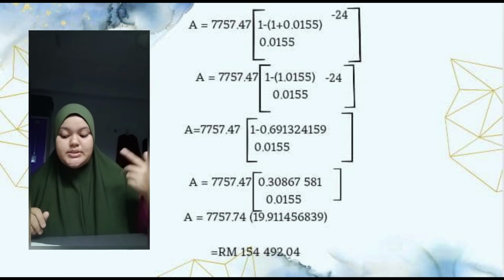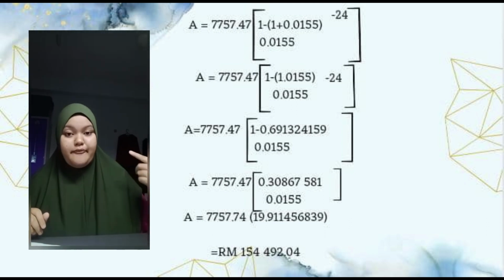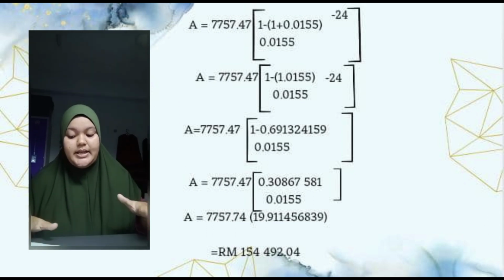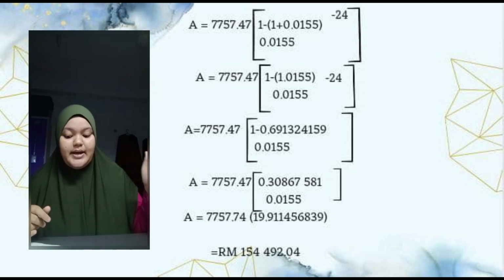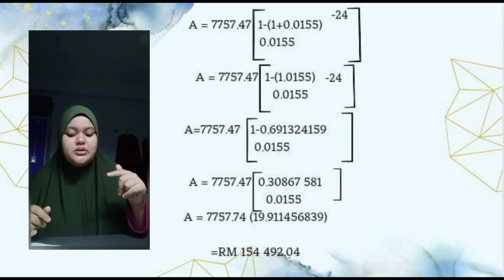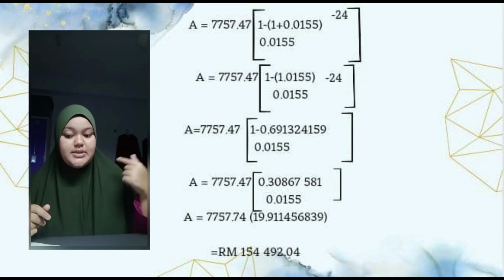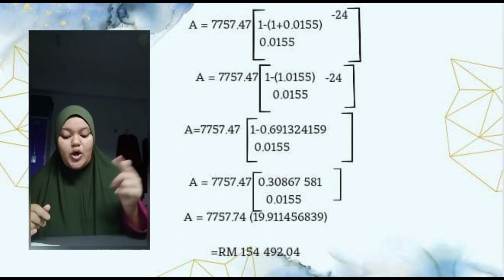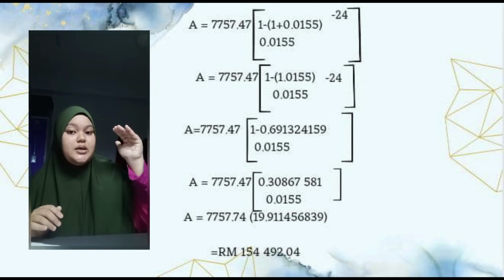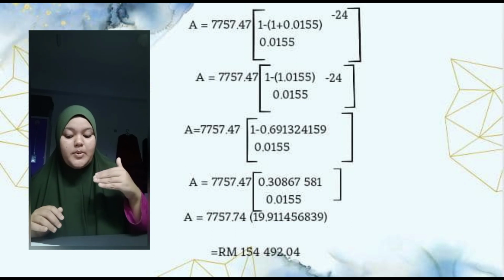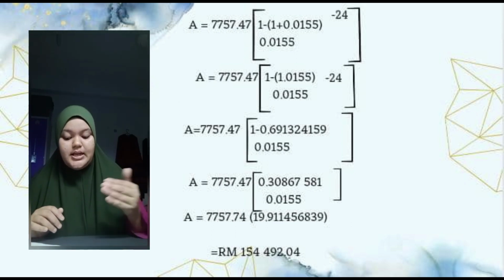The same way, A equals 7757.74, the big bracket, 1 minus, open the bracket, 1 plus 0.0155, minus 24 over 0.0155. And A equals 7757.74, open the bracket, 1 minus 1.0155 minus 24 over 0.0155. The last answer, we have